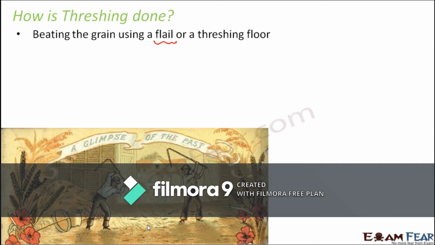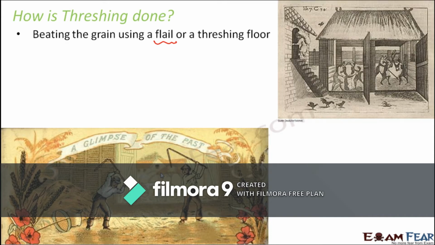Now often this is done on a threshing floor, as you can see here, a kind of space which is reserved for doing the process of threshing. Now, why do we want to separate the two? Because obviously we are interested in the grains and we do not need the stalks. So this is the first step of separation. Here also in this picture, you can see this is the threshing floor, covered with the stalks and the grains, and so many of them are manually beating the grain. Because of that, the two get separated.